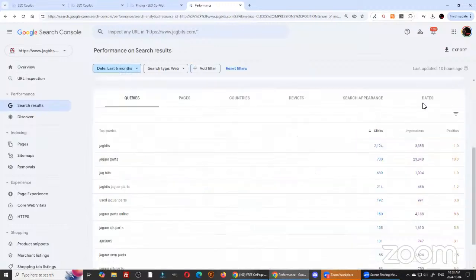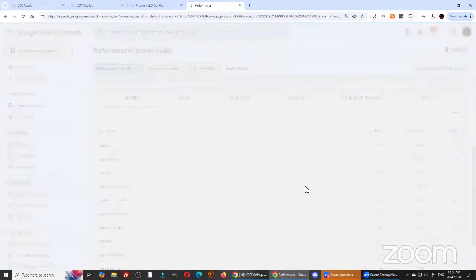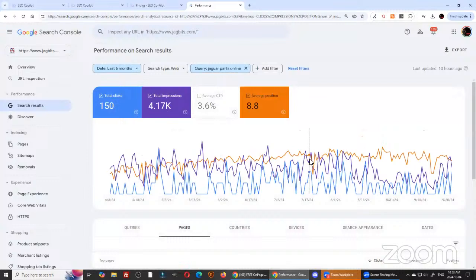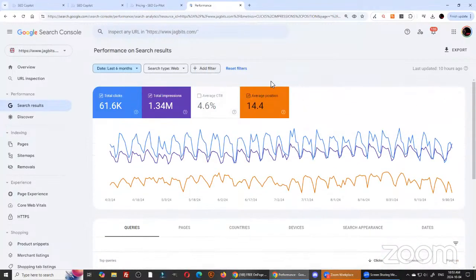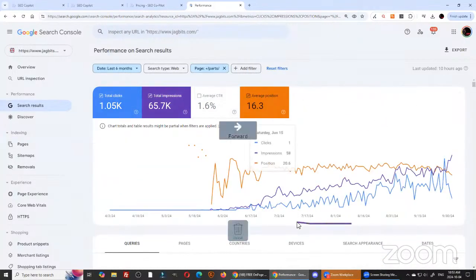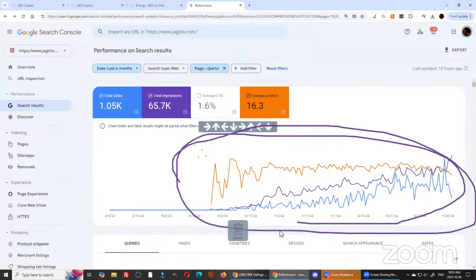Use Jaguar parts, looks like it's pretty steady. Jaguar parts online. This one had been getting better slowly as well. So you're going to build the whole site up by doing this, right? This is just content marketing 101, but this is doing